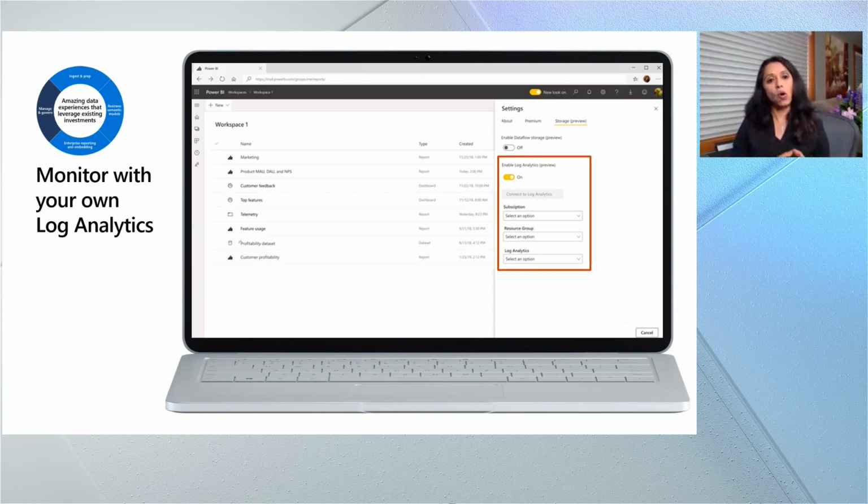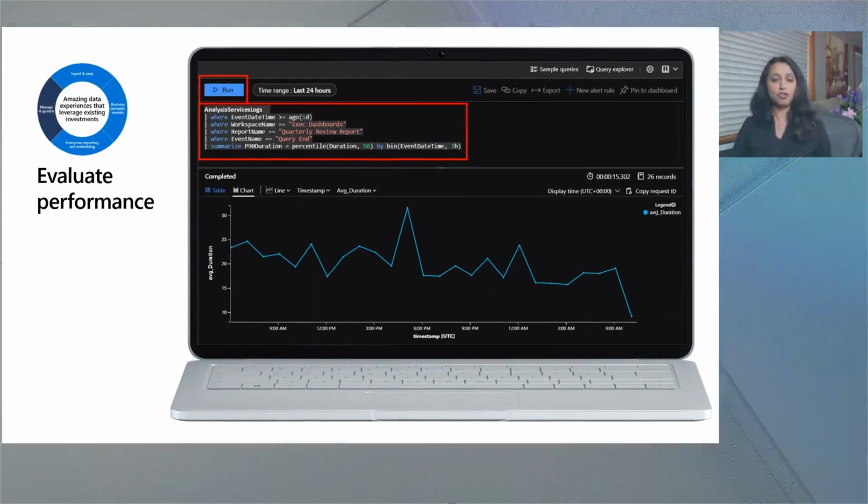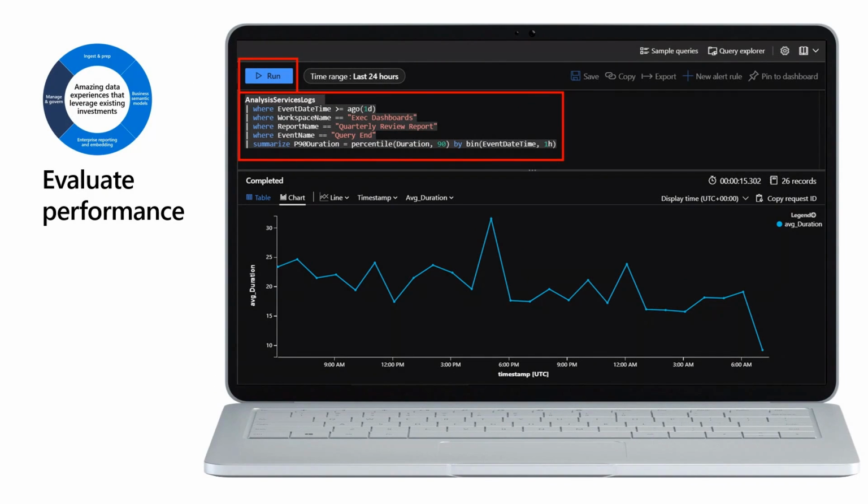And we will be sending all the performance telemetry that we have within Power BI over to your Log Analytics. So a very simple example here of what you can do to evaluate performance is you can write your own queries on top of Azure Log Analytics, and you will be able to evaluate how your reports are performing and where the performance is going and what you need to tweak.